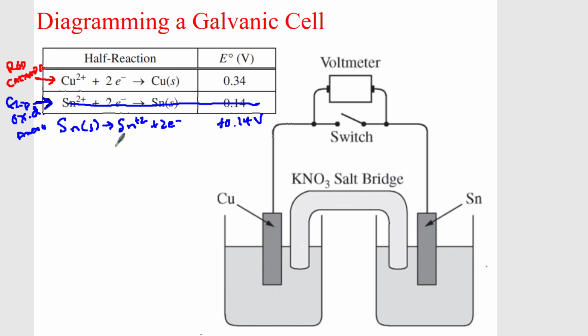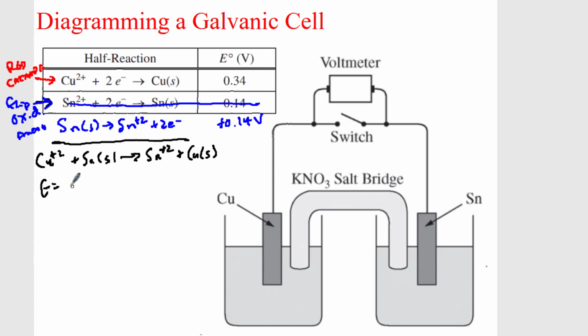Before I go adding these two reactions together to get my overall reaction, I need to balance the electrons. 2 electrons are being added on this reaction, 2 electrons are being released on this reaction, which means I'm already balanced, which means I can just add up. On my reactant side, I have copper plus 2 plus tin solid, which makes tin plus 2 plus copper solid. And I'm going to add up 0.34 plus 0.14, and that gives me an overall E for this reaction of positive